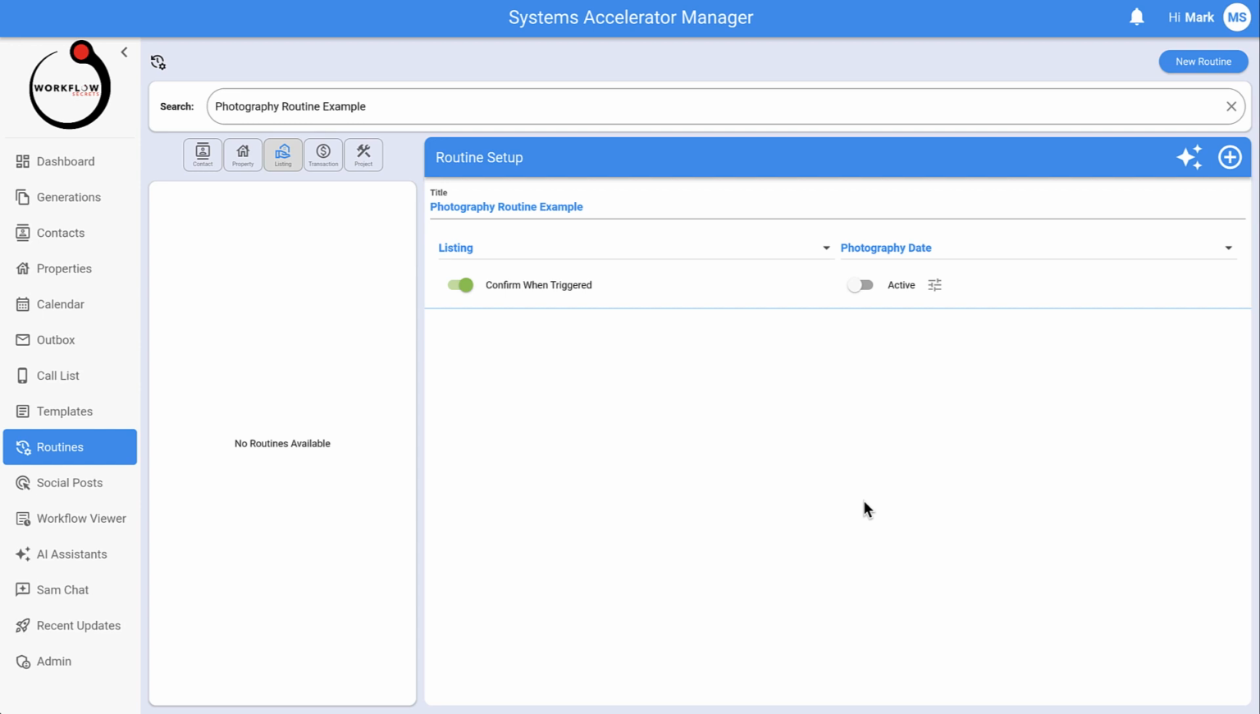Want to show you a way to create your routines in SAM very easily, very efficiently. In this case, I'm going to use a photography routine as an example. So this photography routine example is the title. We're going to do this for a new listing for real estate, and we're choosing the photography date as our